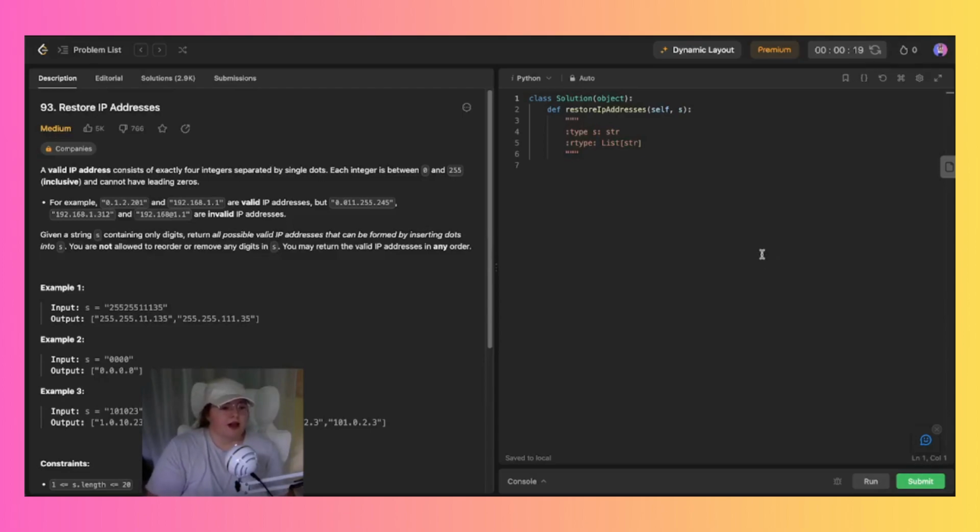A valid IP address consists of exactly 4 integers separated by single dots. Each integer is between 0 and 255 inclusive and cannot have leading zeros. For example, 0.1.2.201 is valid, and the following are valid IP addresses, but 0.011 etc. are invalid IPs. Given a string S,